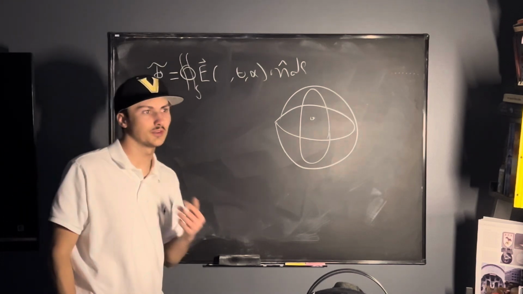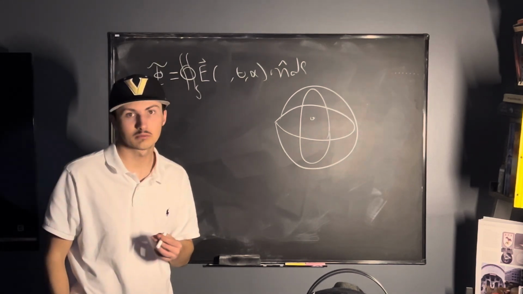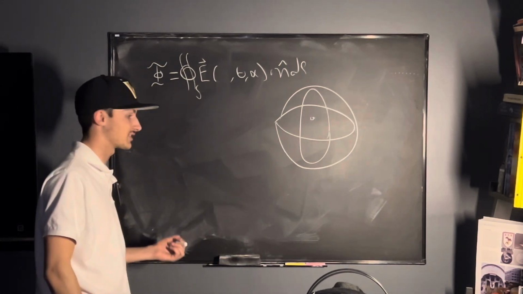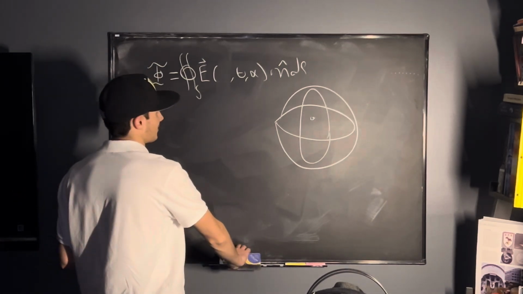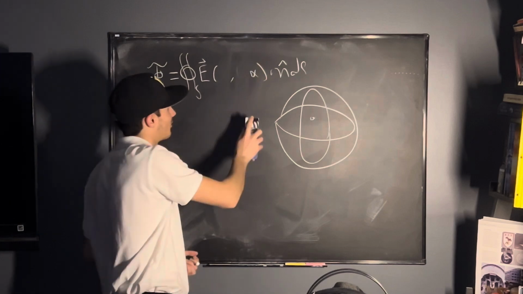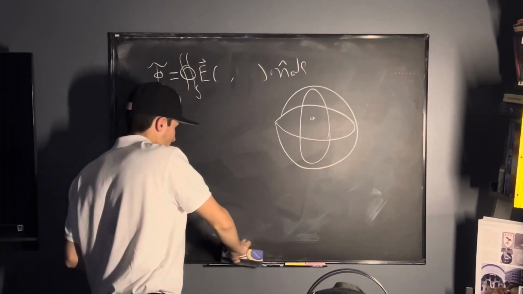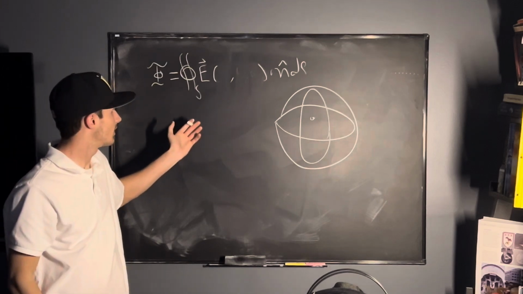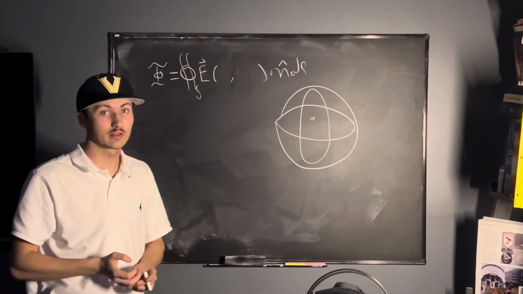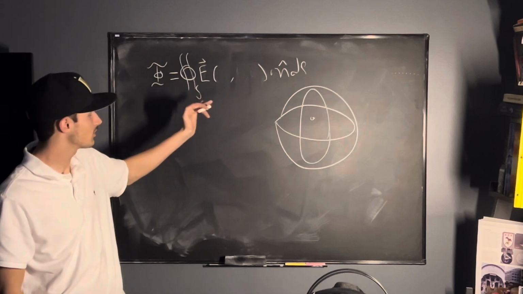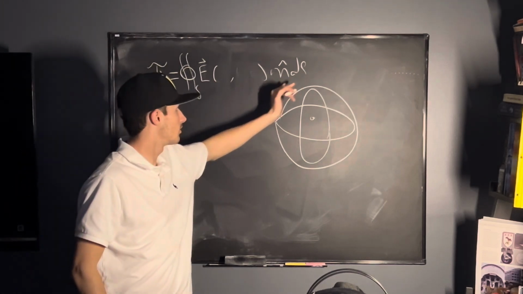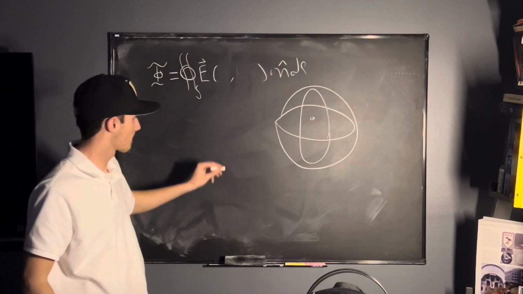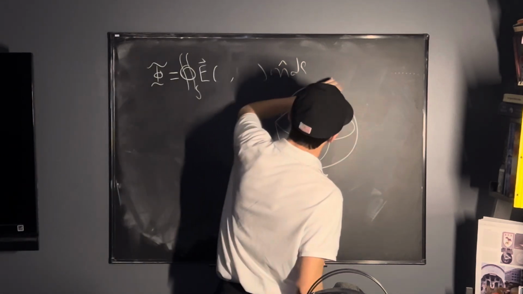Now let's think about it. What does angle have to do with our distance? Nothing. It has absolutely nothing to do with our distance. So we just took out one angle and two angle out of the strength of our electric field. So inherently, it's just going to be constant. That's really good, but still, let's think about each individual place where we're going to have a field line going through. Let's zoom in